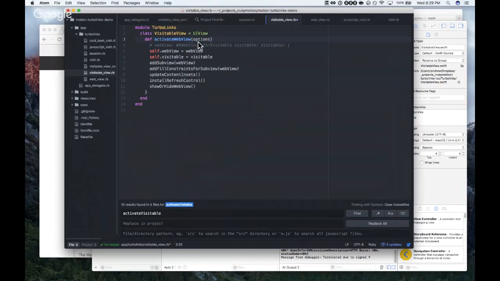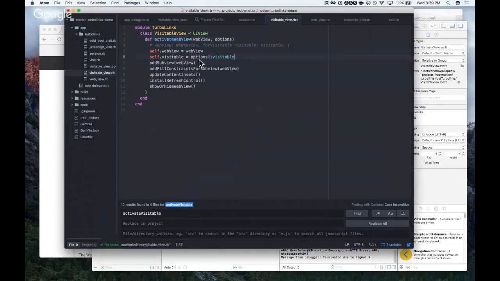And then that should actually work. So I do web view options, and then visitable would be options.